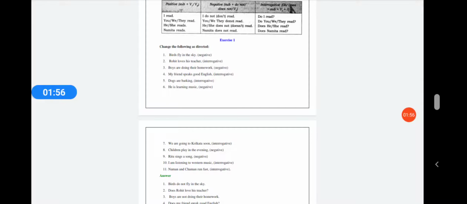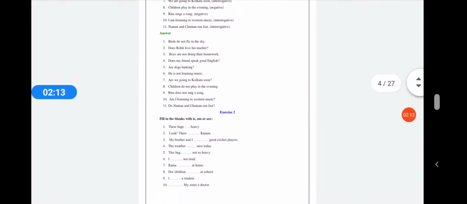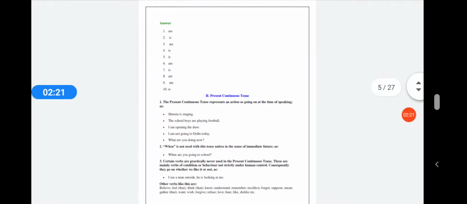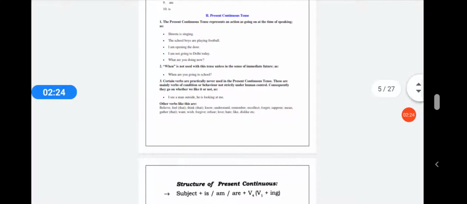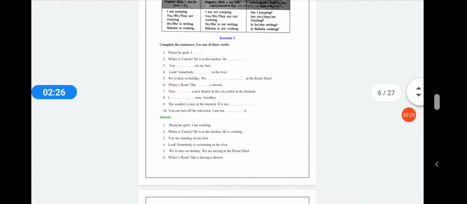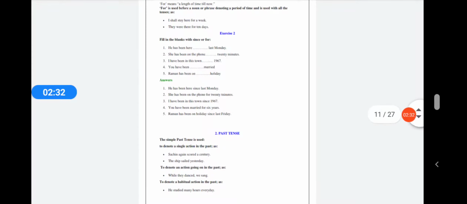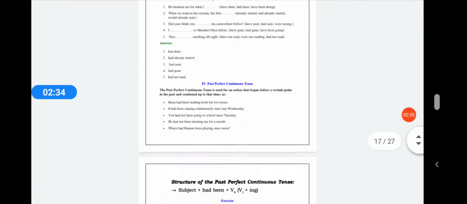Try and solve them in your rough notebooks or in your tuitions maybe, or wherever you go to study, so that after you have done it yourself, then you can see the correct answers from the worksheet. This is purely just for your practice purpose. To give you a better understanding, I have formed this worksheet so that you have a consolidated worksheet of all three tenses. There are present continuous tense, then what is the structure for that, then the exercise for it, and so on. Similarly for past tense also, and similarly for future tense as well.